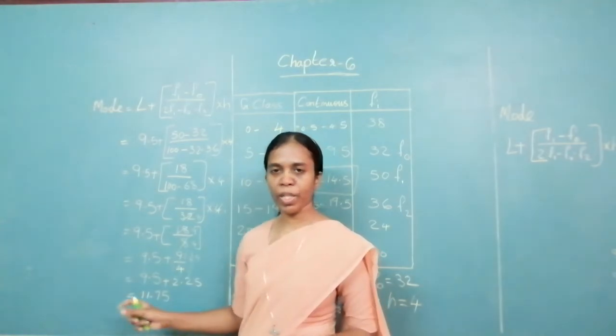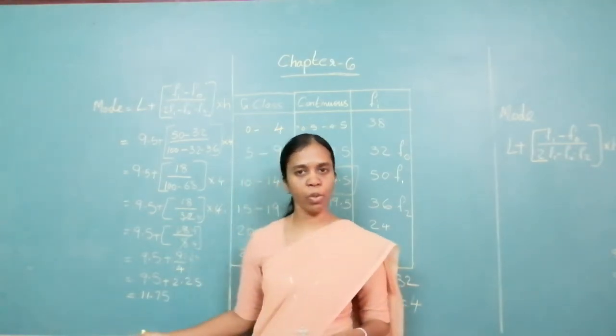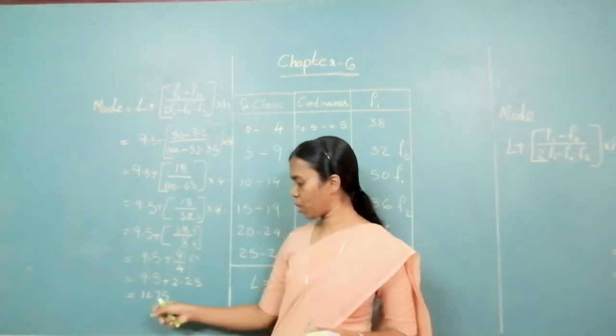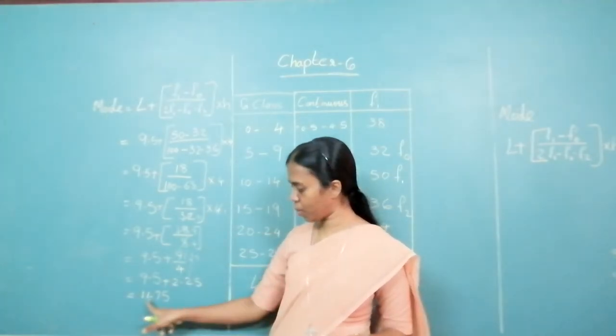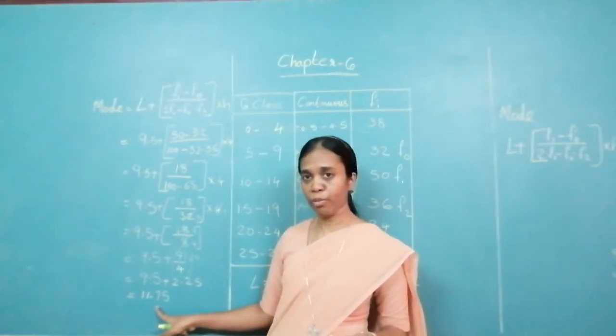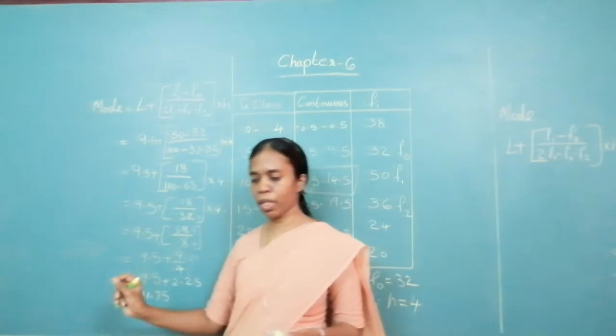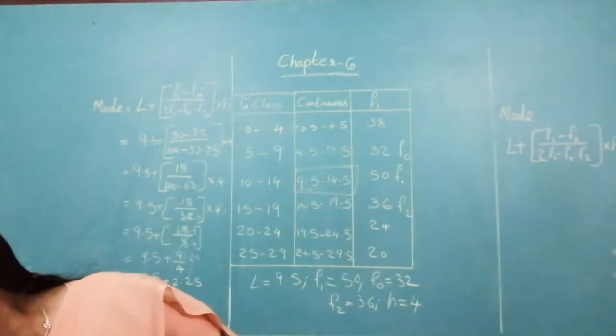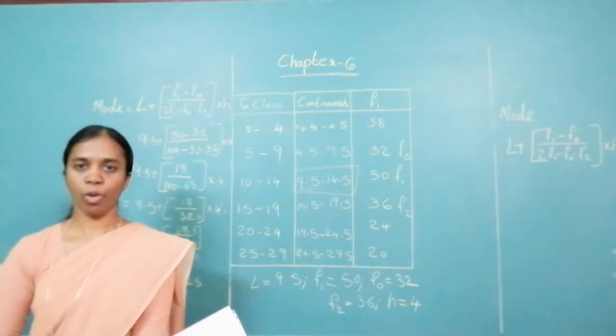Now, depending upon whether it is age, year, or whatever, you have to find it approximately. If it can be left as a fraction or decimal, you can leave it as it is. Otherwise, you have to find it approximately. Since the decimal is more than 5, you can add 1 to this and make it 12. This is how you find the mode.